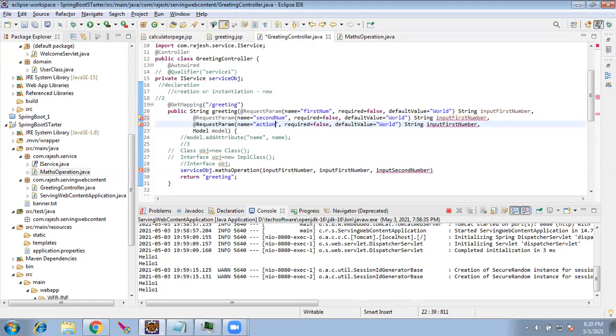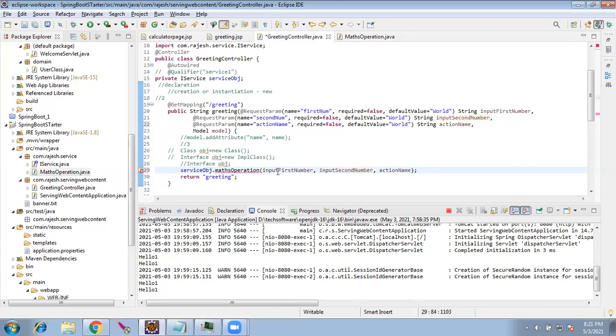Action name, N should be caps, camel case. Action name. What is input first number? No, it should be input second number, right? We already used the word first number. Okay, so input first number, input second number, action name.